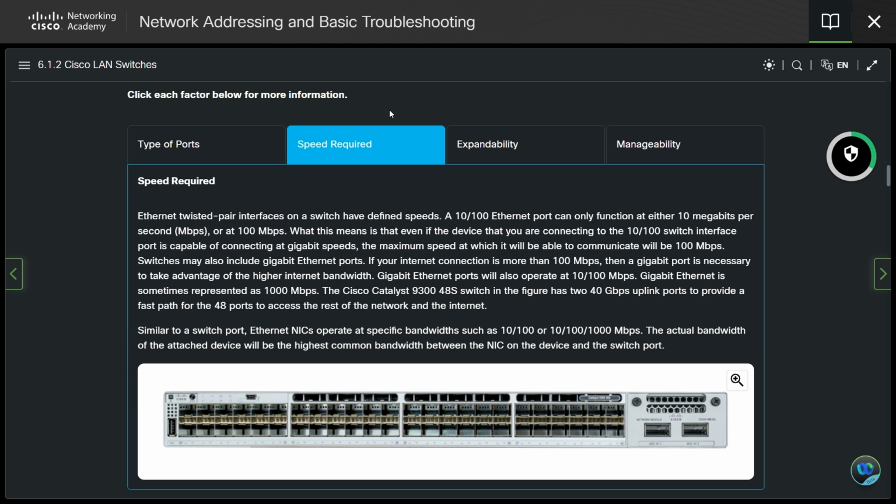If your internet connection is more than 100 megabits per second, then a gigabit port is necessary to take advantage of the higher internet bandwidth. A Gigabit Ethernet port will also operate at 10/100 megabits per second. Gigabit Ethernet is sometimes represented as 1000 megabits per second. The Cisco Catalyst